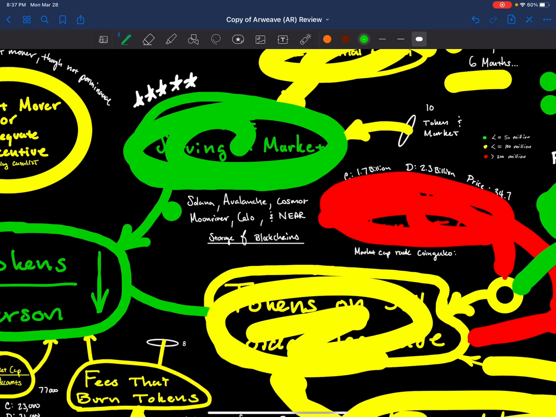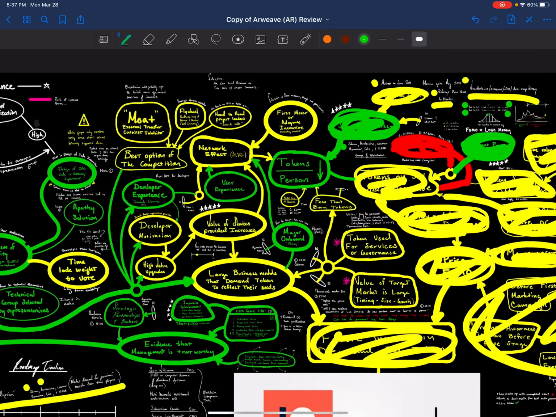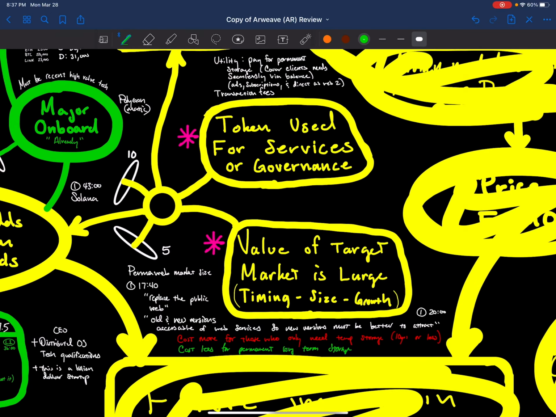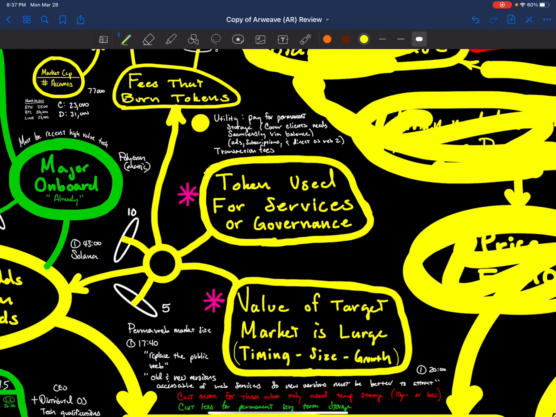So it is servicing these blockchains. So it has a live niche, and it is connected to those possibilities. Okay, so regarding the token use for services, the token utility is to pay for permanent storage, cover clients' needs